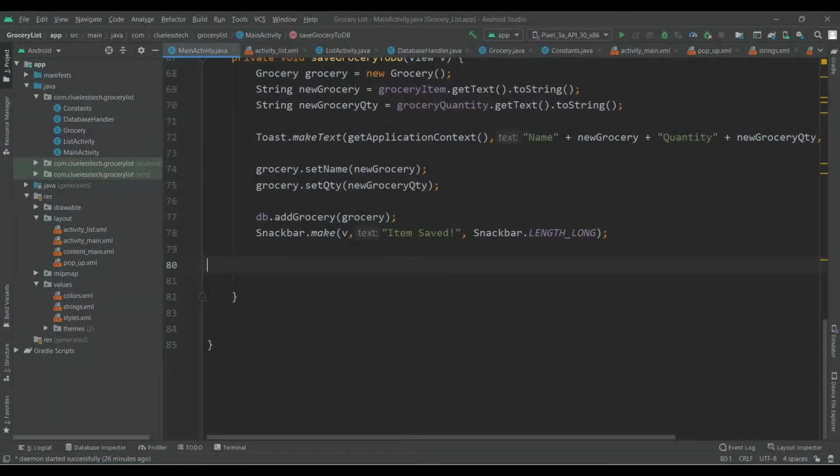Okay, so now we will create one runnable interface over here so that we can navigate to the next screen.